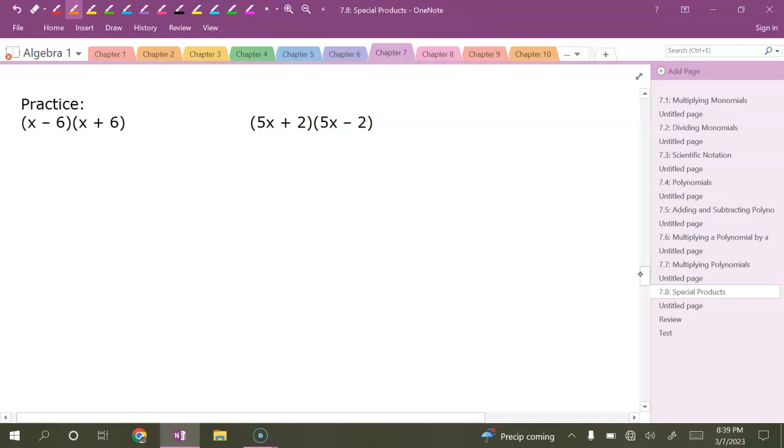All right, let's go through these two here. So the first one, you should have taken the x squared, which gives you x squared, and then squared the 6, which would give you 36. So x squared minus 36. For the second one, you take the 5x squared, which leaves you with 25x squared, and then you square the 2, which is a 4, and you write minus